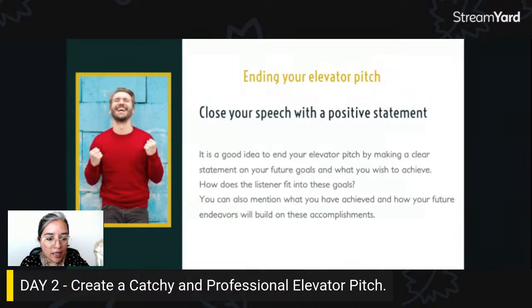Let me check. This elevator is for a resume and for an interview is different. Well, it depends. If it is the same job offer, it could be the same. Okay, if it is for the same job offer, it could be the same. The elevator can be the same for the resume and for the job interview. It could be the same.